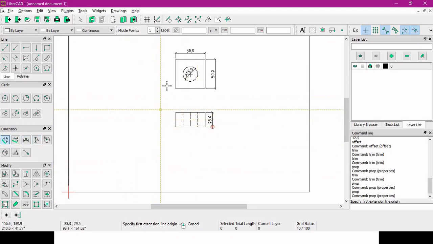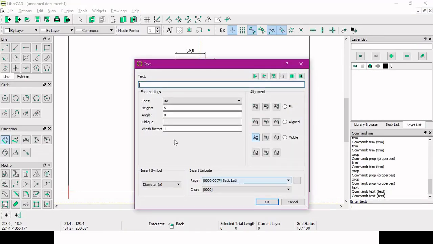Now we have to put the plan and elevation text here, so we'll use the text command. Directly we can use multi-text or we can use the text command. Let's use text. So here we have to put what we actually want to write there. So suppose we write it as plan. The font is this much. So height we can keep 10 mm and let the angle be horizontal, so it is 0 degree, and width factor is same. Here you can check the alignments.